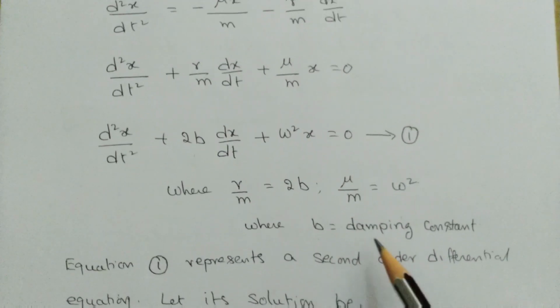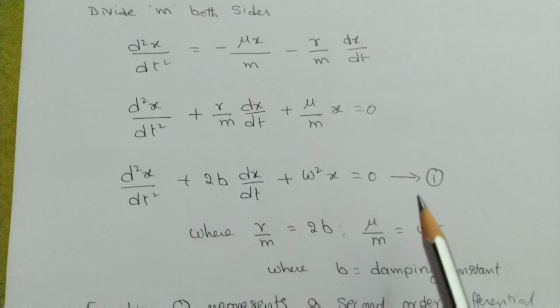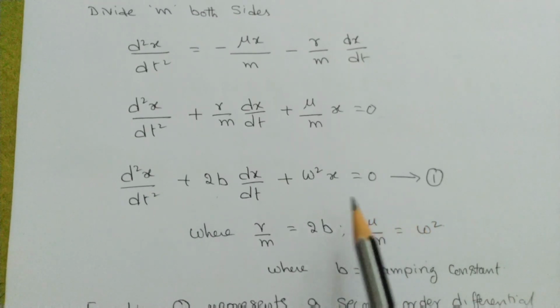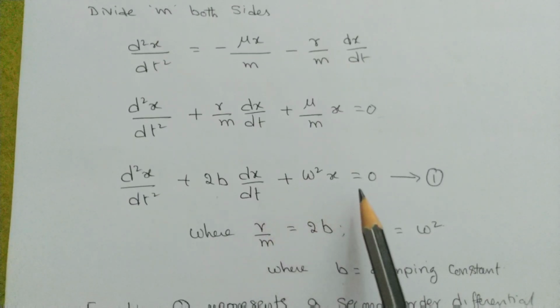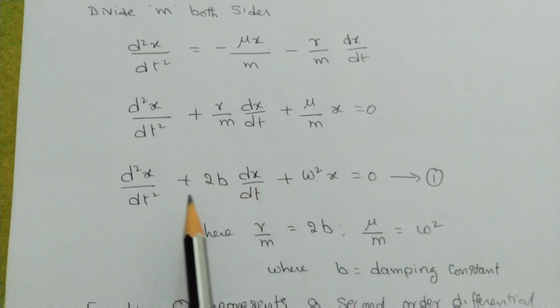This is taken as equation number 1. So this equation number 1 represents a second order differential equation. This second order differential equation can be solved with a general solution. That means we cannot solve this equation directly. Then